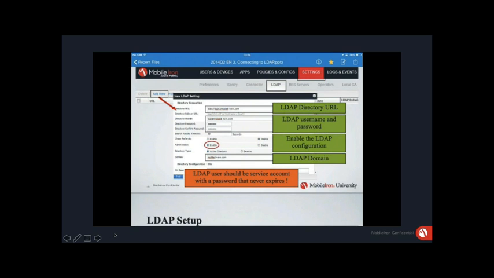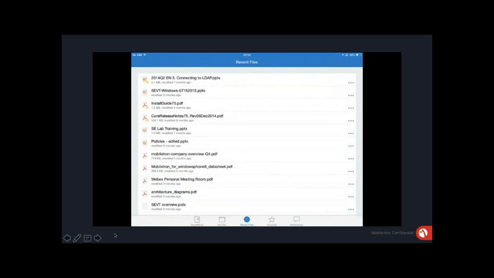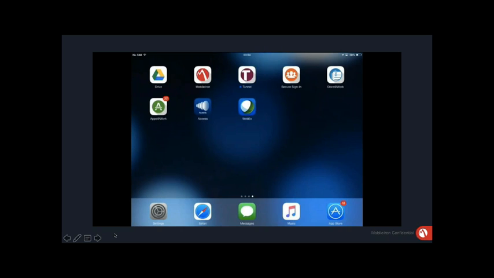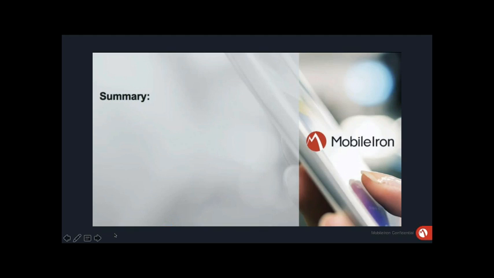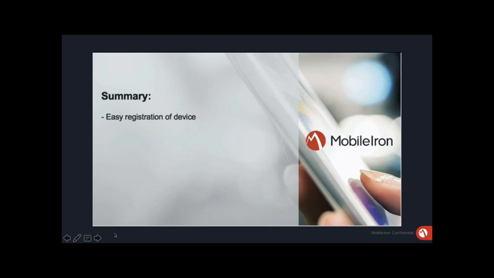So at this point, I'd like to draw the demonstration to a close. But before I do, I'd like to put a quick summary in place of what we've demonstrated today. First, we've been able to show that within a few minutes, it's been possible to register a device with the MobileIron Enterprise Mobility Platform.